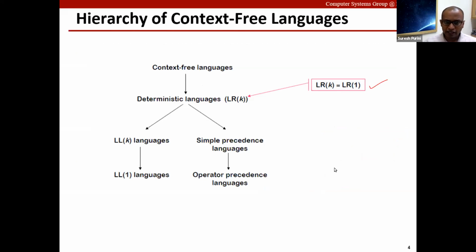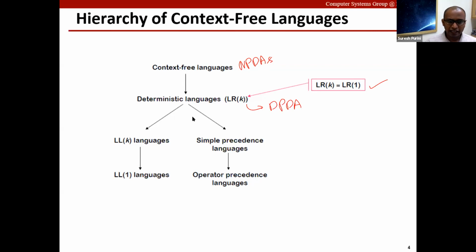The second idea is there is a set of context-free languages which are called deterministic languages. That is, those languages which can be recognized using a deterministic pushdown automata, DPDA. And all the languages which can be recognized using a deterministic pushdown automata are LR1 parsable. And the set of context-free languages is equivalent to those languages that are recognizable by non-deterministic pushdown automata.